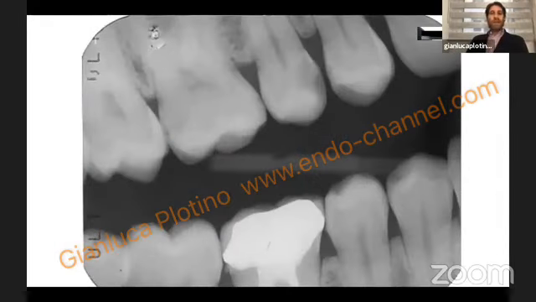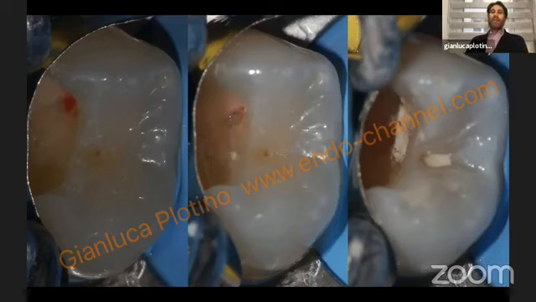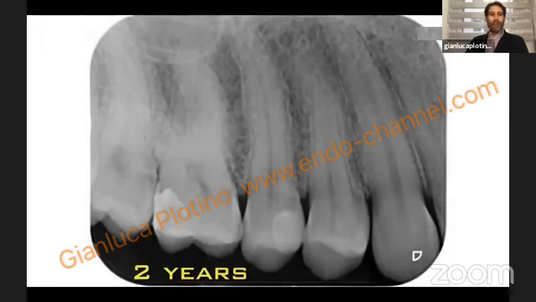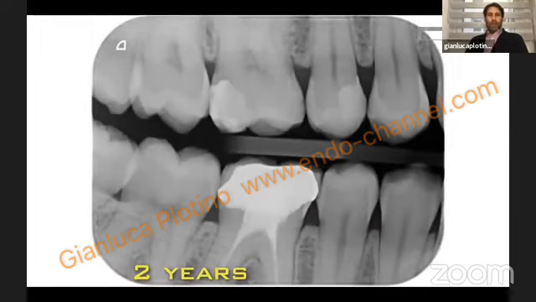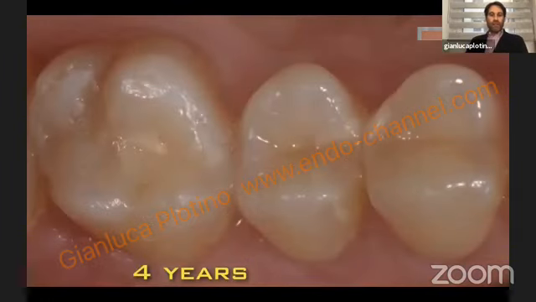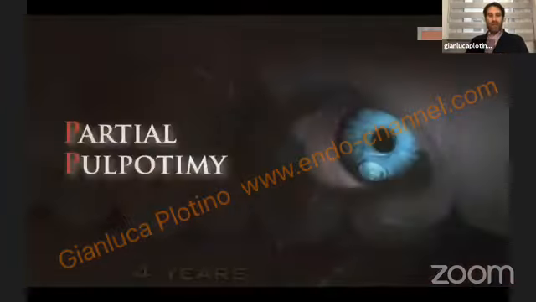So as soon as we can maintain the pulp vitality, even when we have a pulp exposure, but we are sure that we have vital pulp without an irreversible inflammation, we can clean it, perform the vital pulp therapy and the restoration, for example, in the same visit. And this is the 2-year controls, the 2-year radiographs, and the 2-year image of this control. We have also the 4 years clinical image of this control and the 4-year radiographs. So this is the first option to be minimally invasive.